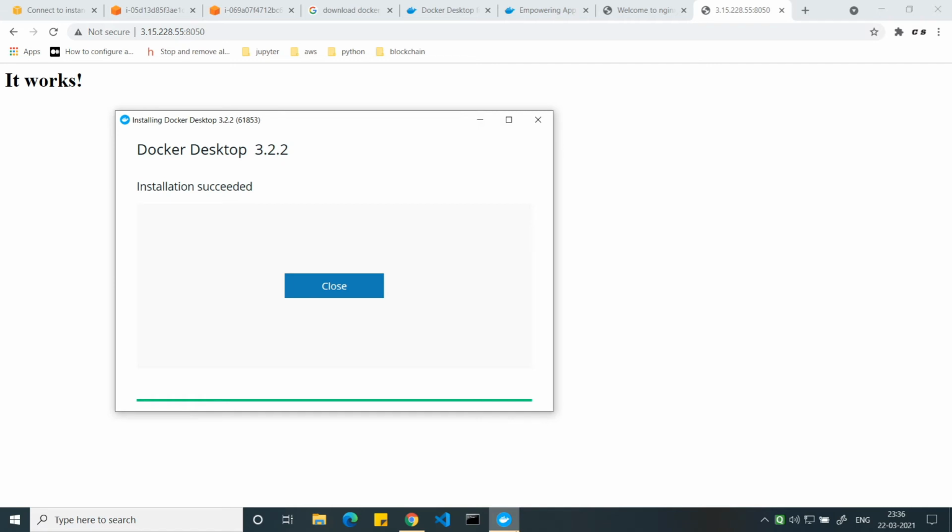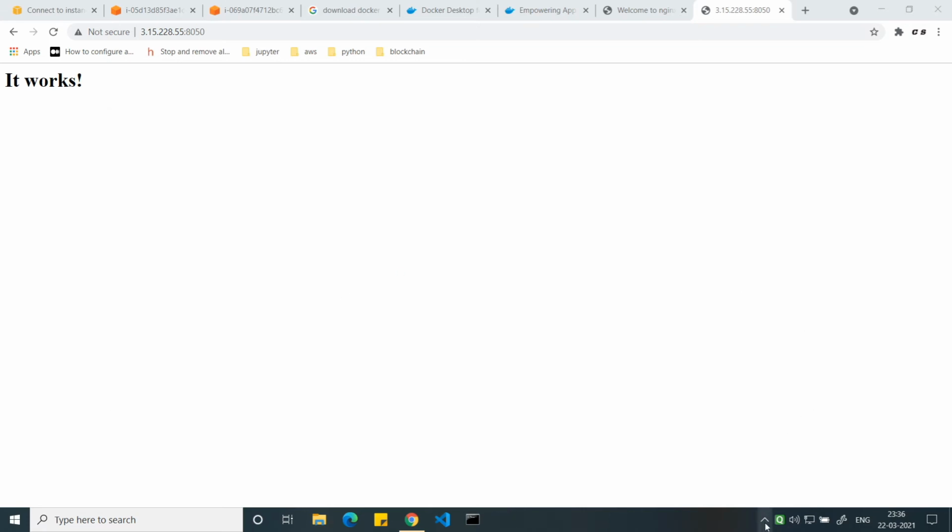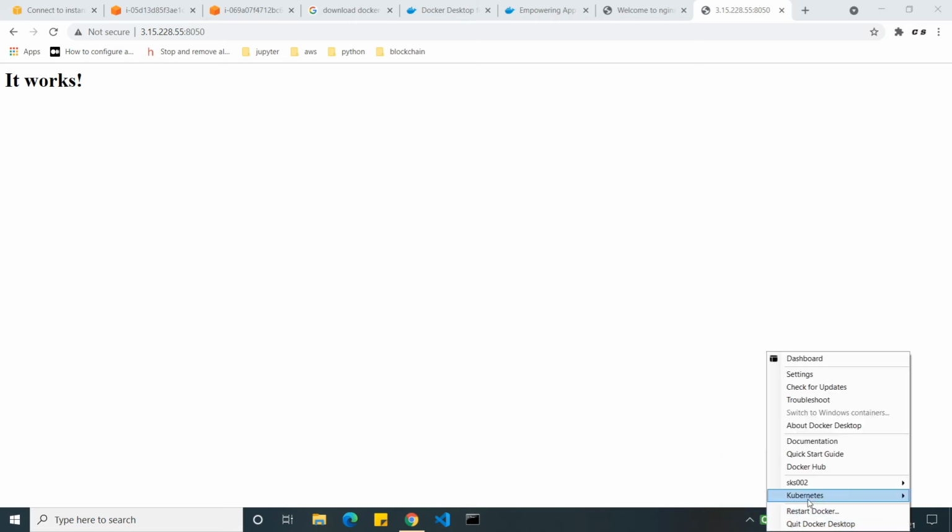Okay, now we have successfully installed Docker in our Linux system, in our Ubuntu system, and now the installation for our Windows system is done. Now let's start Docker here. Docker would begin. If Docker doesn't start automatically, you can search for it on your Windows, right click on Docker and start it. Mine has already started here.